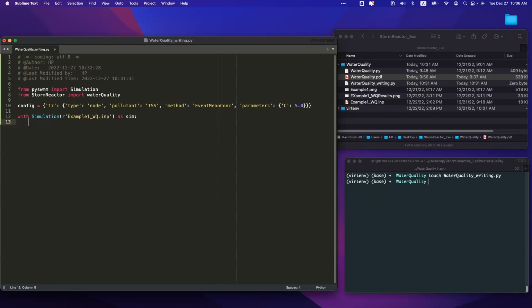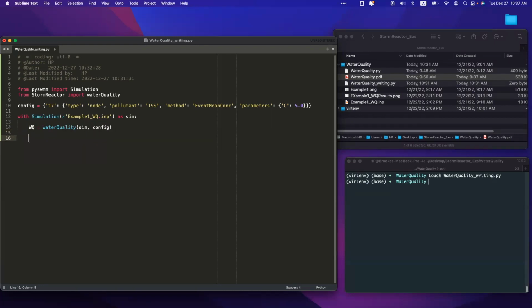Okay, and now we also need to initialize StormReactor's water quality module. So in that way you can set this to anything, but I usually set it WQ equals water quality. It takes 2 parameters, sim from PySWMM, because it's going to use a bunch of PySWMM's capabilities, and then the